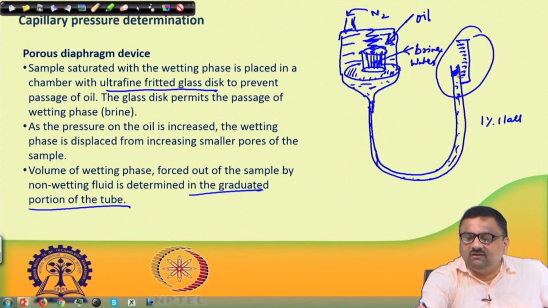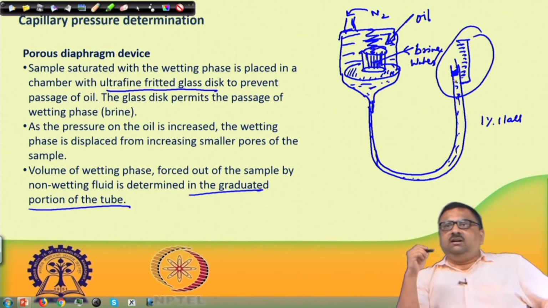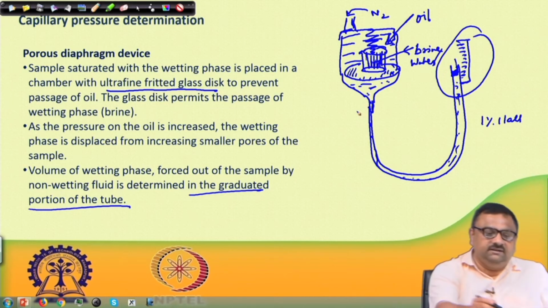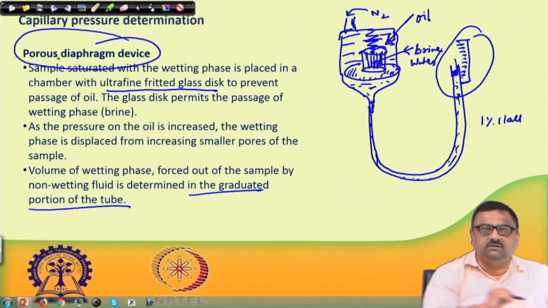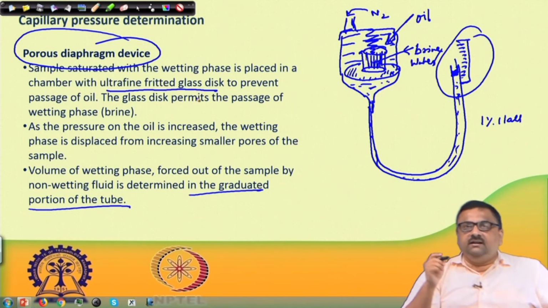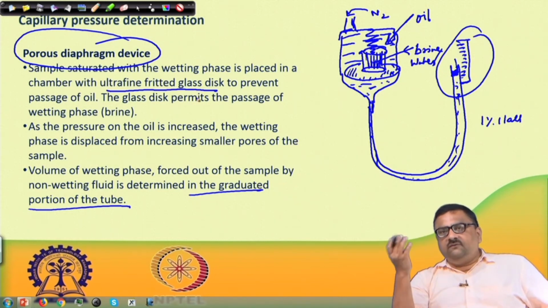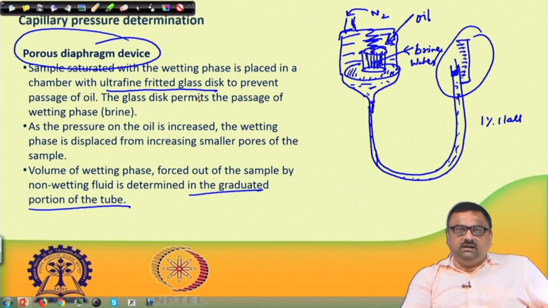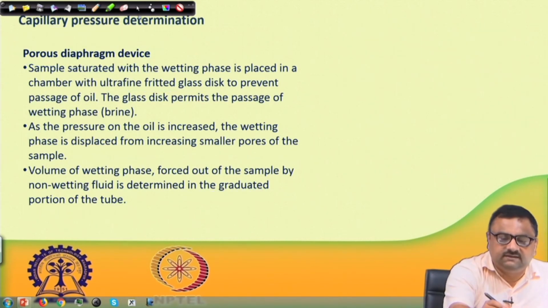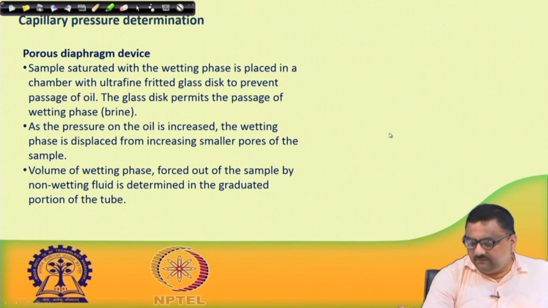So here, as this oil plug is rising, one can see how much the water level is rising, and that water must have come out from this porous medium. So this is how this porous diaphragm device works. Of course, the whole process depends on the effectiveness of this ultrafine fritted glass. It should allow water freely, but it should plug oil completely. So instead of relying on this, there is an alternative way that was suggested, and that is something like this: